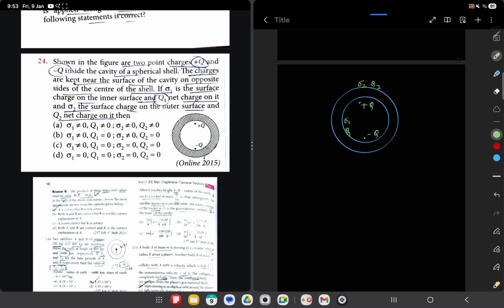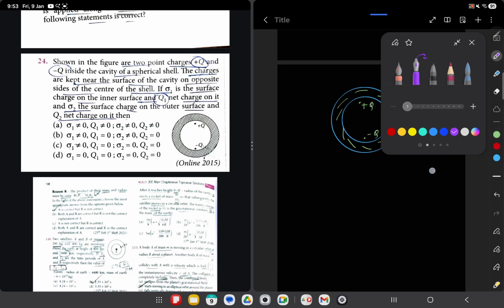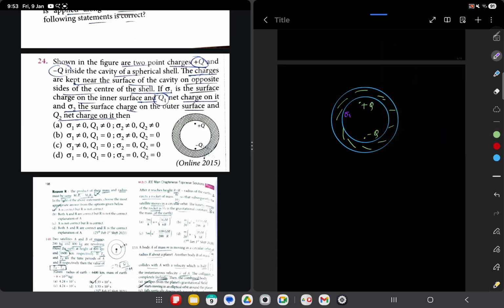In this question there are two charges, plus q and minus q, and this is the sphere. So you need to find out whether the charge and the charge density inside the sphere and outside the sphere is 0 or not. So this is sigma 1, this is q1, this is sigma 2, this is q2. So if this is q and this is minus q,